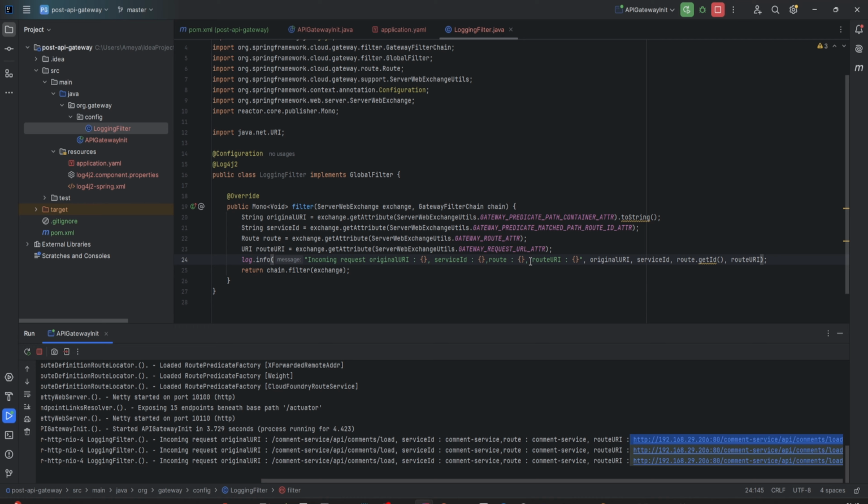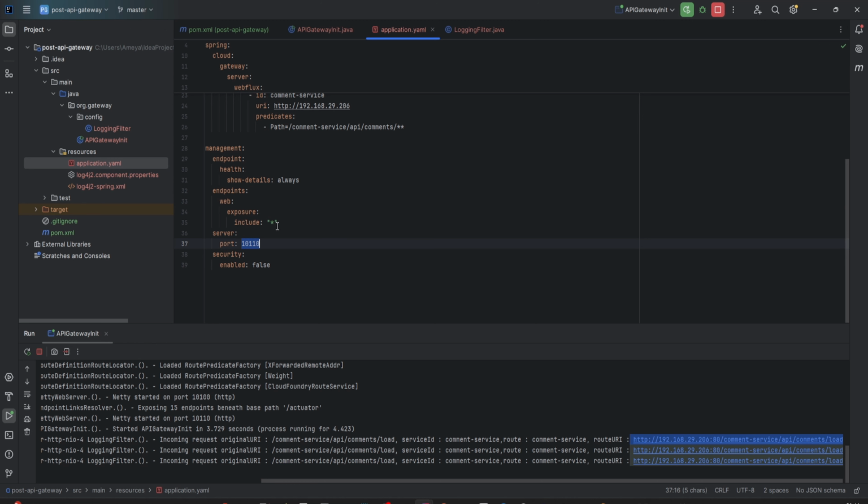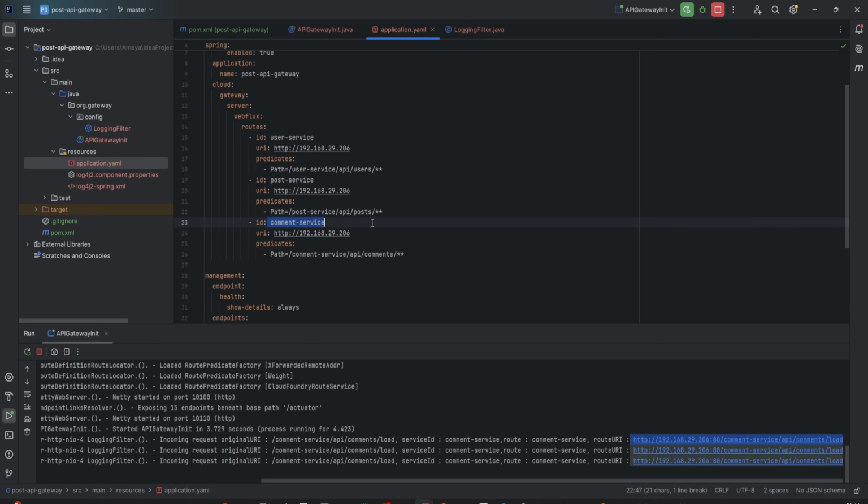So I don't think the route is required because we are already using the service ID, or the route specifies the route that we are using over here, so it would be the comment service. That is the route. So yeah,